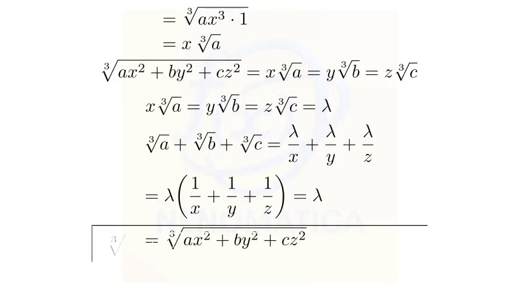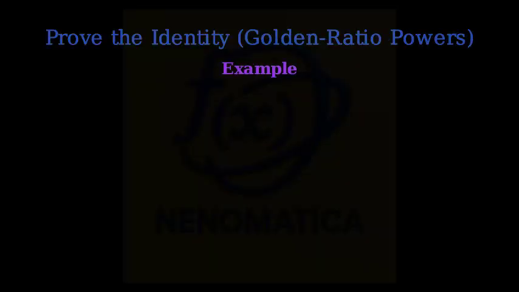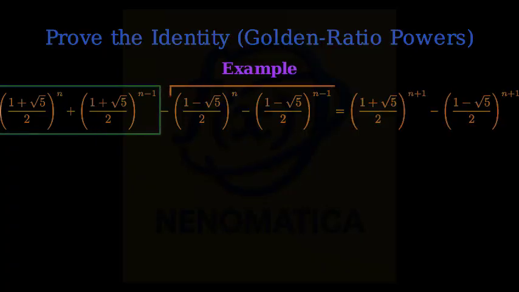Final statement. Example. We will prove a classic identity built from the golden ratio numbers. First, read the statement we want to show for any natural number n. The claim is, ((1 plus square root of 5) over 2) to the n, plus the